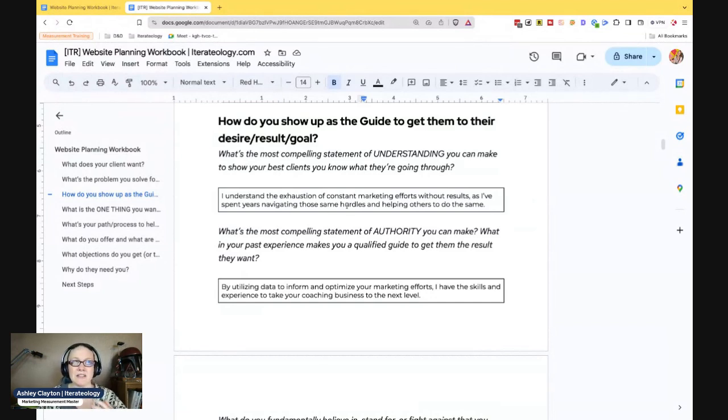And even if you're newer in business and you don't have the client base and testimonials yet, if you've done what your offer is around. So for mine, it is about marketing measurement and analytics, and I've done that for the last decade and a half, basically. I may not have helped specific coaches, which is my niche, do this, but I have helped multiple clients over the years get the visibility into how their marketing is doing. And so,